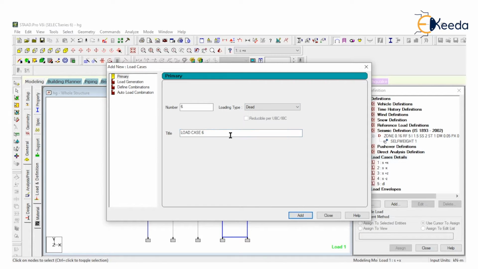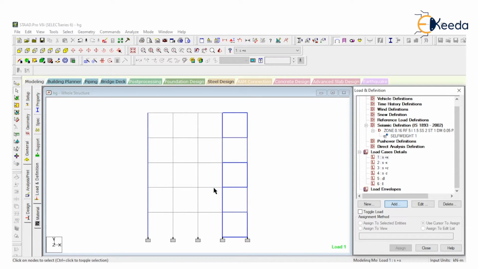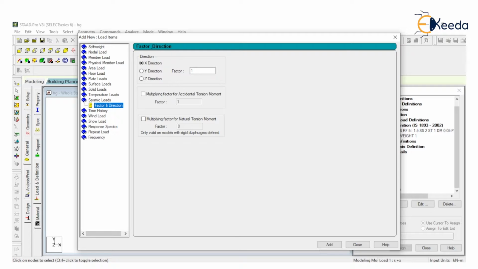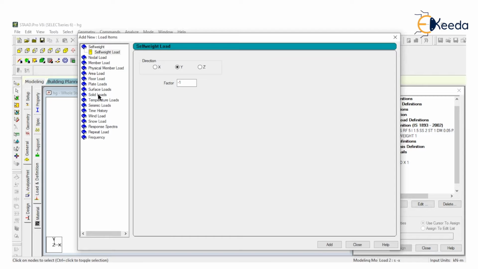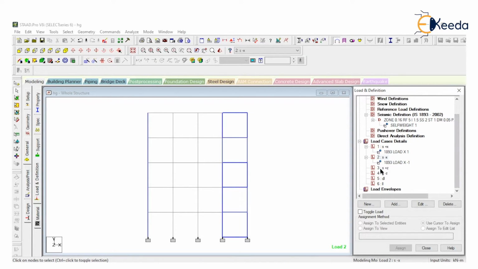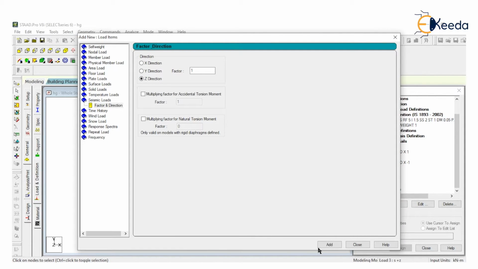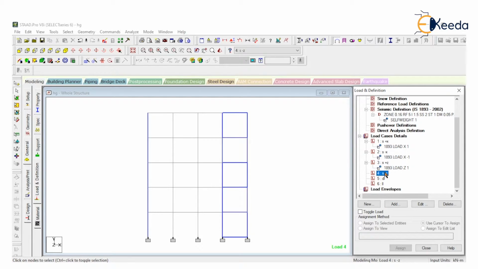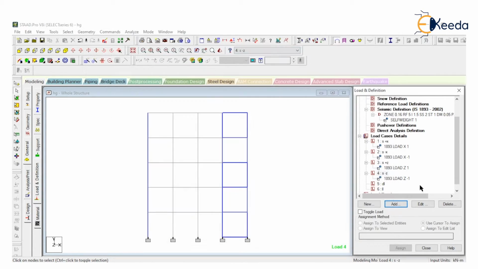then take a dead load, live load, add all the loads one by one, go to seismic load, X direction, 1 factor, add this, close, select the next one, seismic load, X direction of -1, close, go to the next, add, seismic load Z direction, 1 factor, seismic load in Z direction and provide -1, add and close,